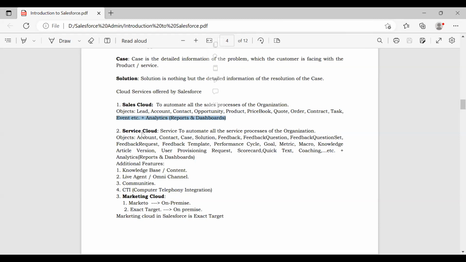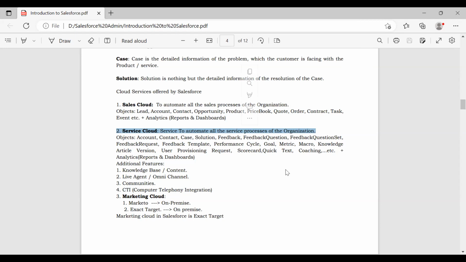Next, second is Service Cloud feature. Service Cloud is a feature which is provided by Salesforce to automate all the service processes of any organization. As part of this feature, they are providing a ready-made application called Service Application. Already we have discussed what do you mean by service or support.